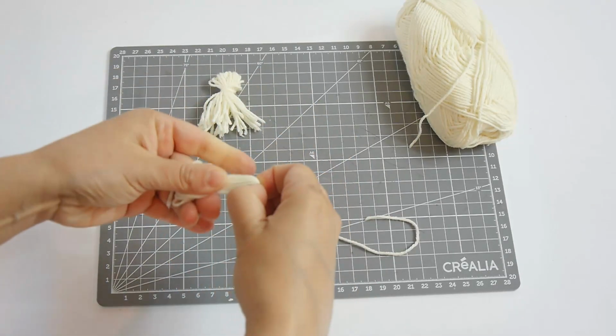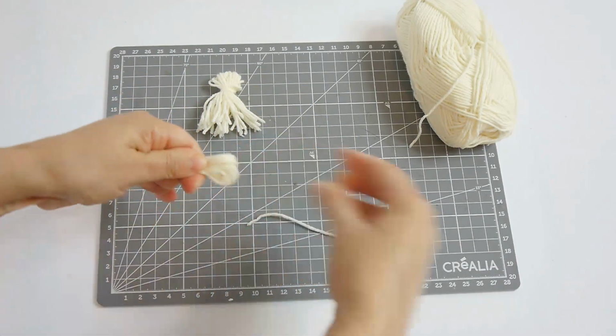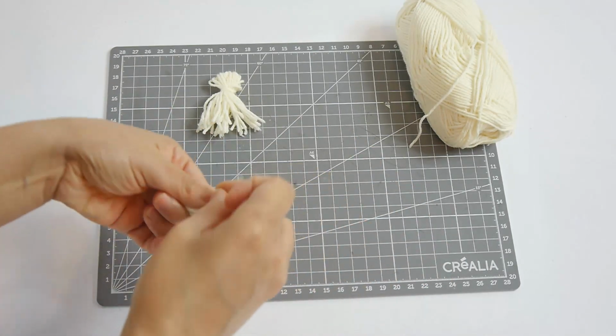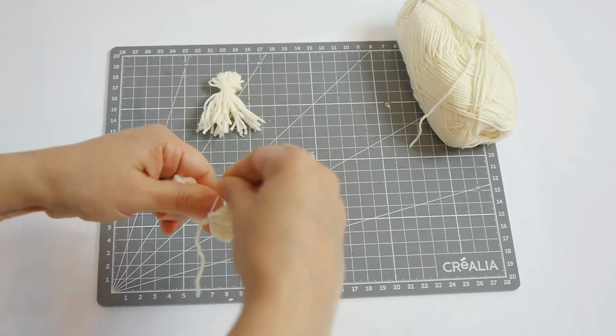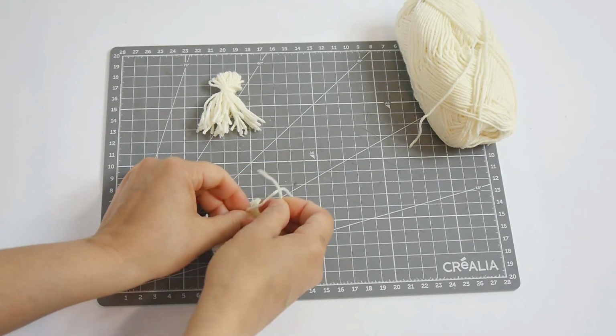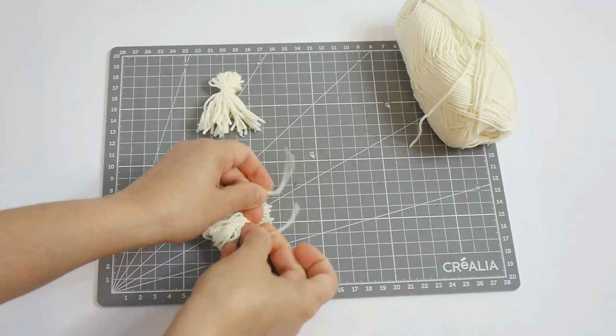So once you've got the 24 loops, just take a little piece of yarn and tie it to the top to secure all the loops in place, and then you're just going to trim off the bottom to create your little tassels. And I use these little tassels, like I said, to hide the front of the rainbow